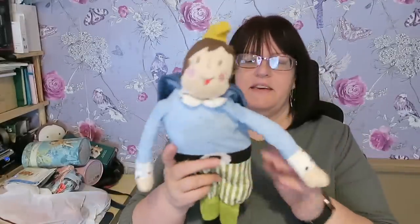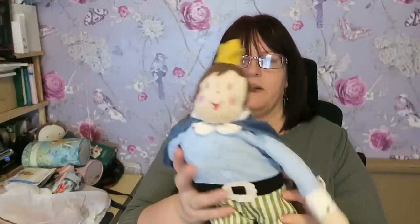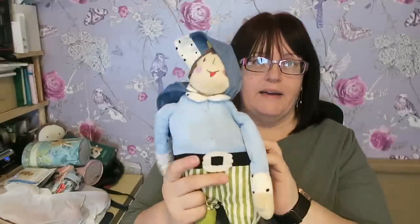So, first thing is this. This is an IKEA, I think it's called Kvark. You know what IKEA's like for their weird names. It's an IKEA Kvark Frog Prince. Like, how is he a frog prince? Because look at him. I mean, he looks like the Hunchback of Notre Dame at the moment because I haven't padded him very well. You undo his back,